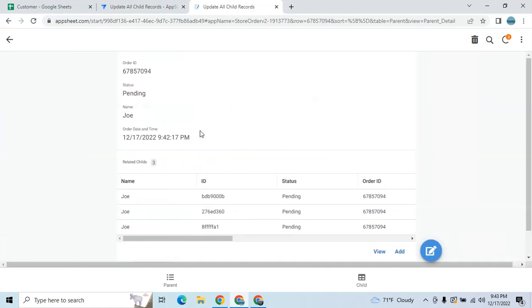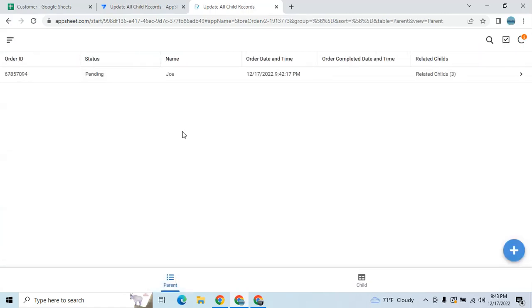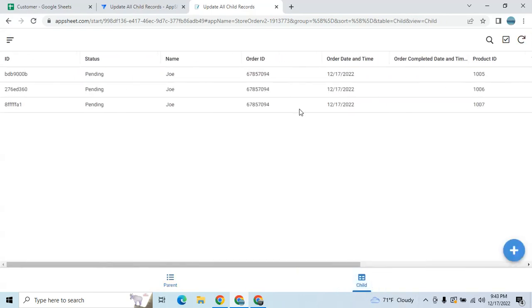When you go to this, I have this order ID. The last number is 94. When I go to the child, it's here as well, 94. So if I update the parent, the status should change. All of these child records should also change to completed, and then the order completed date and time should also be